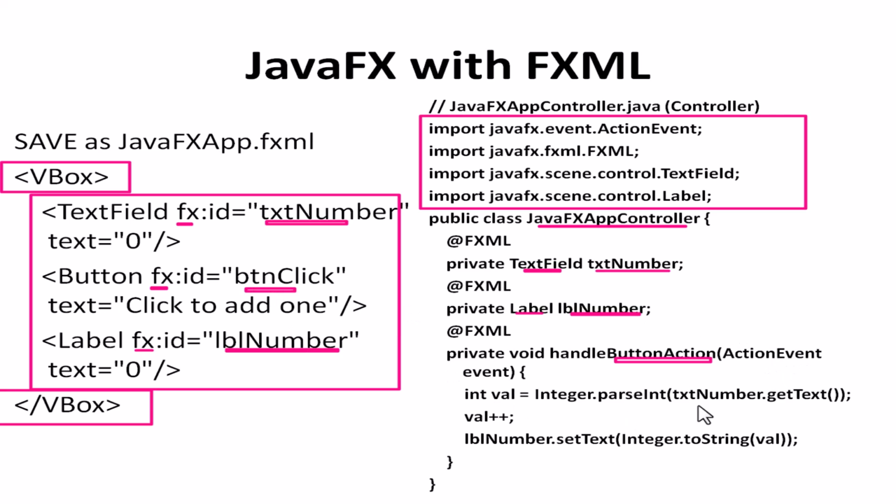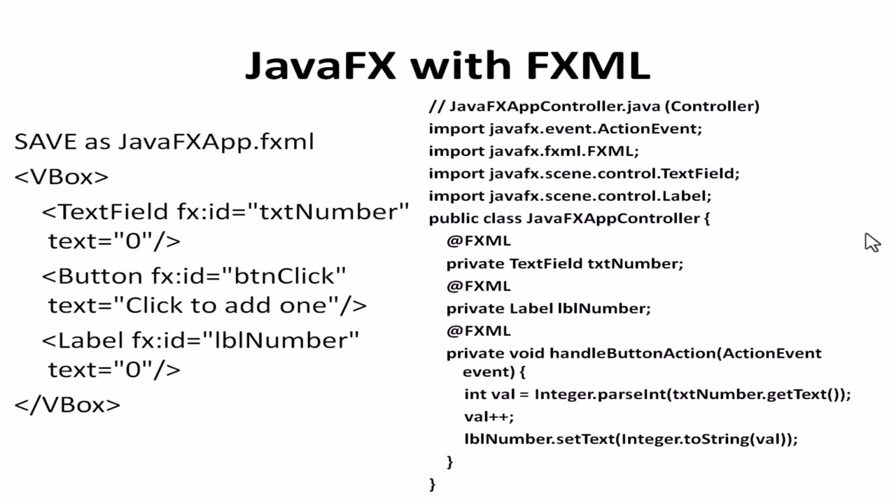Whenever an action event is performed, it is going to show the text. Integer dot parseInt, text number dot get text. Whatever the content inside the text field is, whatever the user has entered, that text will be retrieved. Similarly, here label number gets the value from integer to string. Whatever the id is, that will be shown in this particular program. So this is all